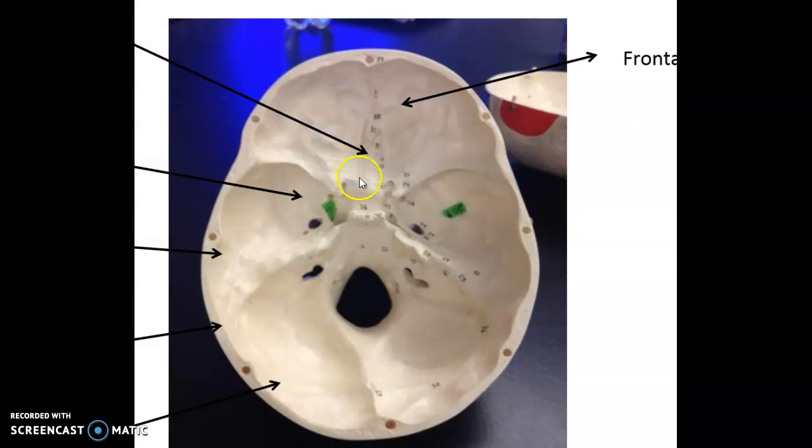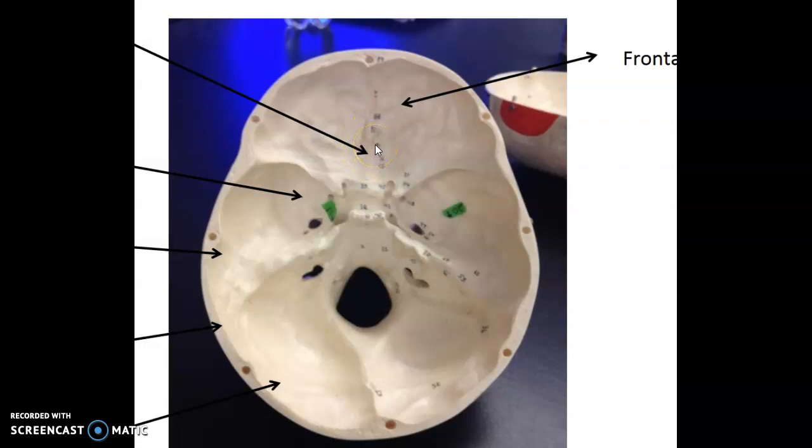Again, there's our lesser wings of the sphenoid bone. There's our sella turcica. So the ethmoid would be surrounded by the frontal bone right here. There would be a ridge running right here. That'd be the crista galli. And then little areas beside the ridge, little depressions with little holes in it, that would be